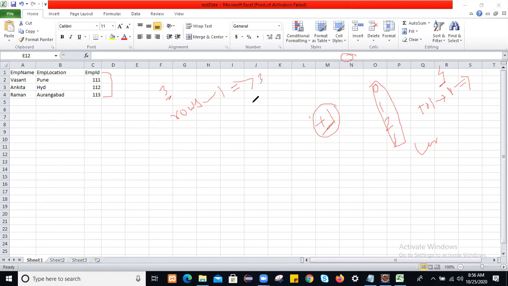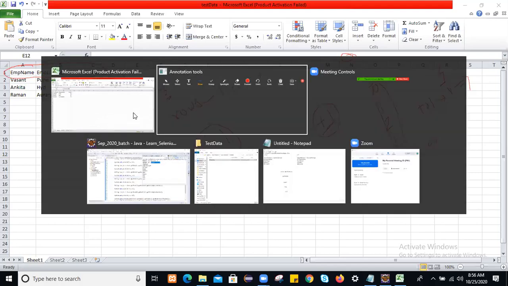So if you want to get the exact count, take the number returned by the get last row number method and just add 1. So it will be the total number of rows. And it's returning the number of columns. How many columns do we have? 3 only. Am I clear?